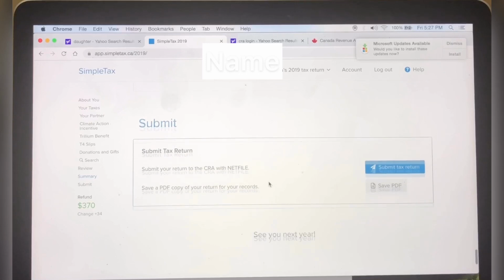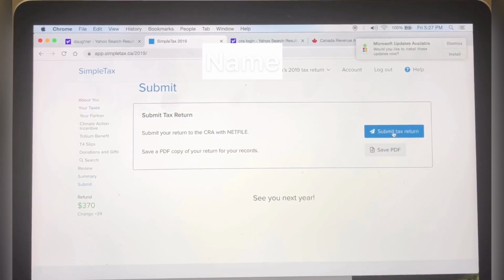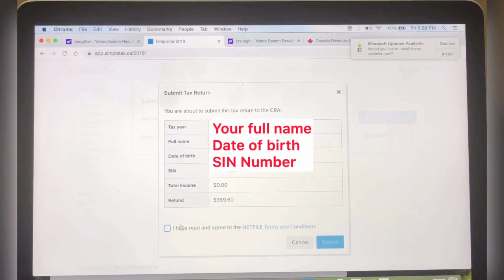After I review this, you can submit your tax return, or if you want to save your PDF, you can do that. So I'm going to submit the tax return. I have read and agree to the NETFILE terms and conditions. Click yes and submit.